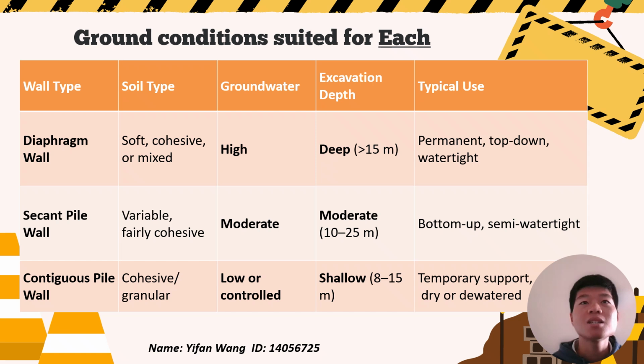For contiguous piles, the ground conditions must be reasonably dry and stable, such as dense sand or firm clay, with minimum groundwater presence. If there's too much water pressure or the soil is too soft, the gap between the piles can let in water or even cause collapse. Despite its limitations, it's commonly used where budget is tight, and water control isn't a crucial concern, like temporarily retaining